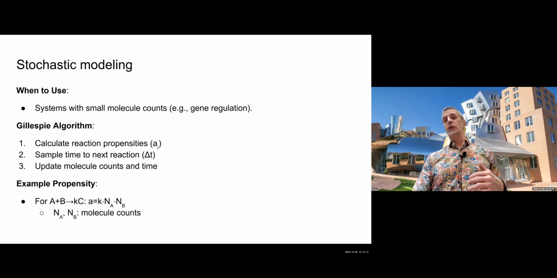So if the rate of the reaction is, let's say, 10 reactions per second, but then there's another reaction that we're modeling, and the rate of that reaction is 5 reactions per second,